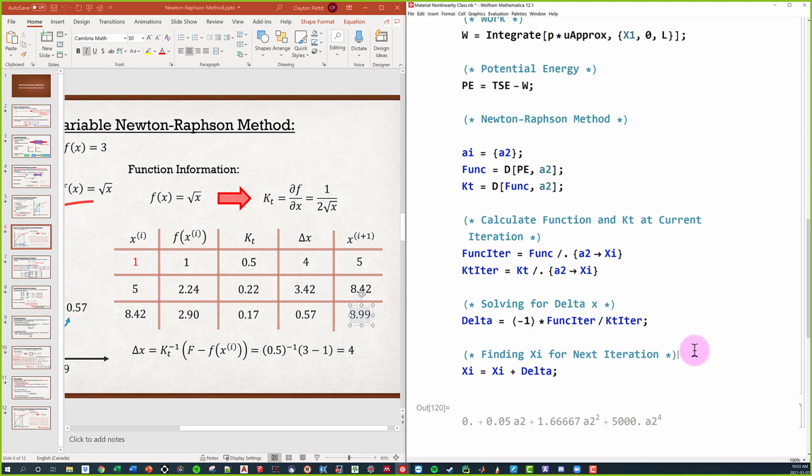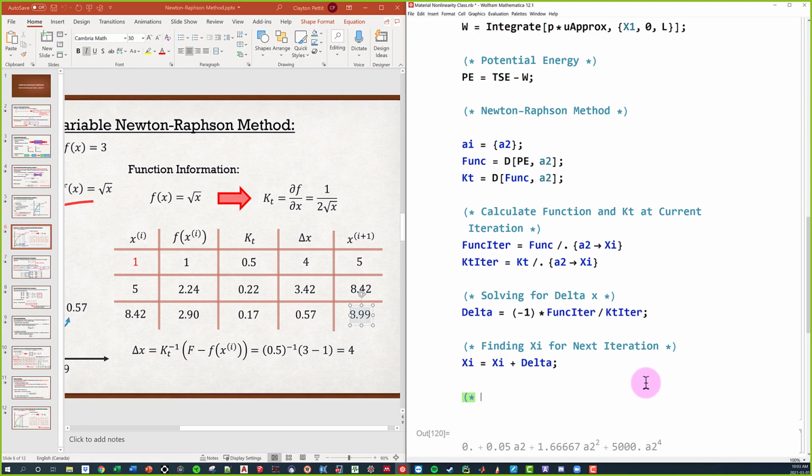Now, another thing that we said we had to do is judge when convergence occurs. I don't want to keep looping if I'm already at my desired value. So I need to create some sort of failsafe that says when my tolerance is good enough, quit the loop and display my results. So I'm going to come down here and create a section called break loop once convergence occurs.